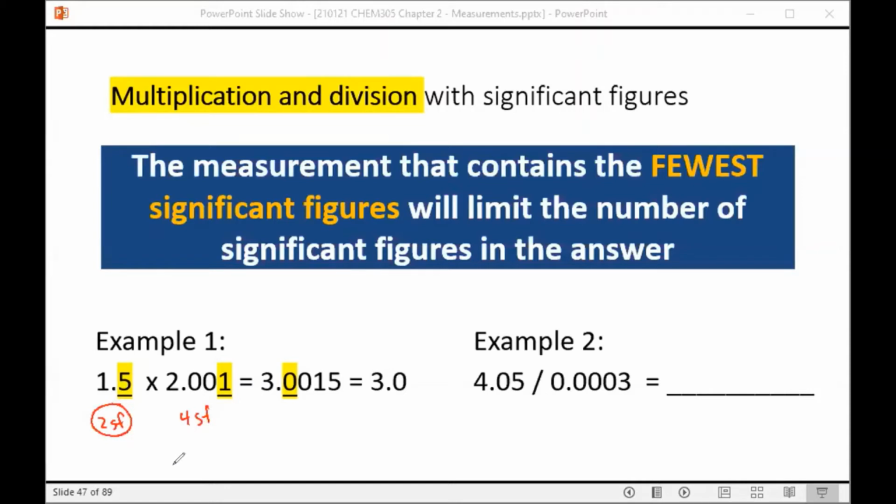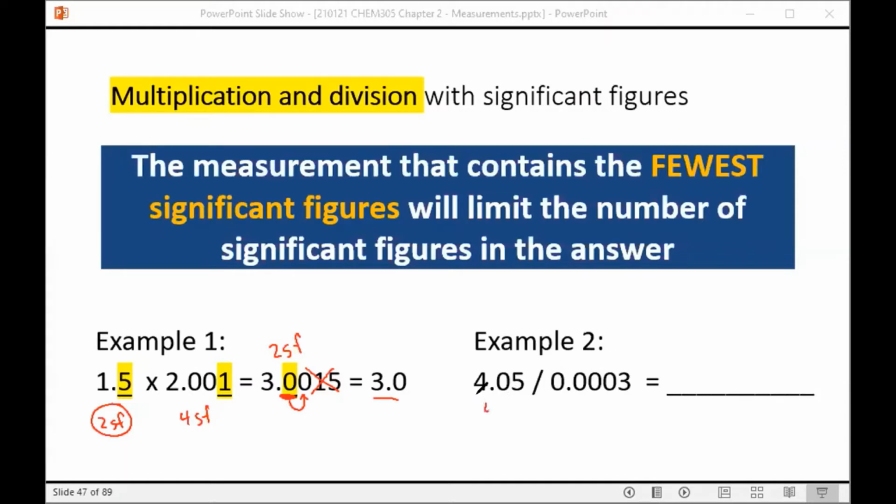So our measurement that had the fewest sig figs was this 1.5 with 2 sig figs. So our final answer can only have 2 sig figs, which means it's going to get cut off at this 0 in the tenths place. So we look to the right to see if we need to round it. We don't have to round it up. We just drop off everything that's to the right of the last sig fig to get 3.0 as our final answer. In the second example, we have 4.05 divided by